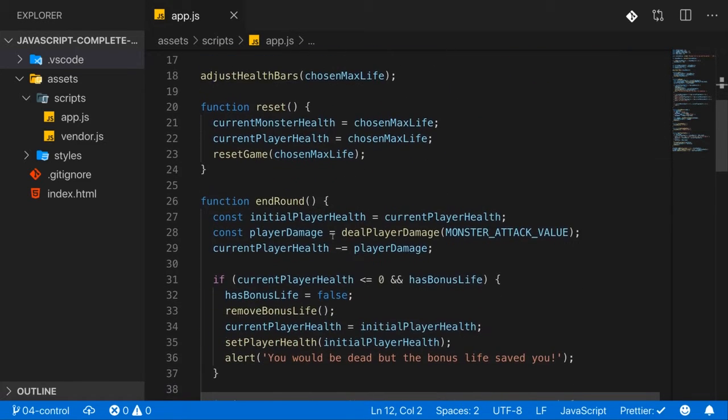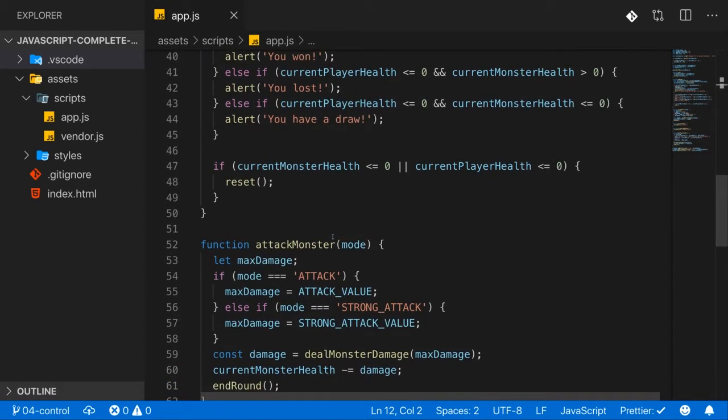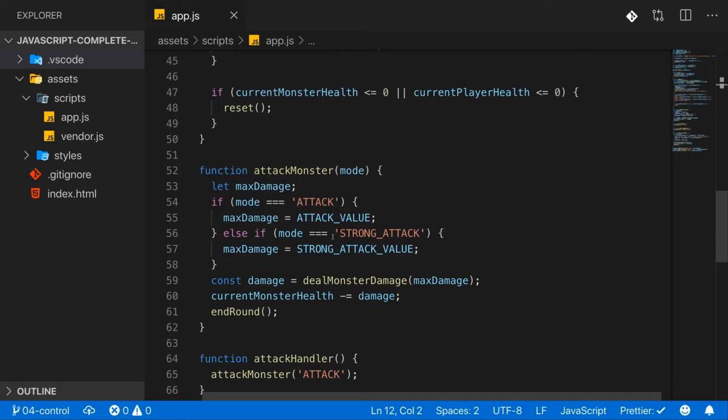So our game is taking shape. The logging functionality is still missing and we'll add it soon. Before we do that, I want to show you one pattern which you also sometimes see in code, or which